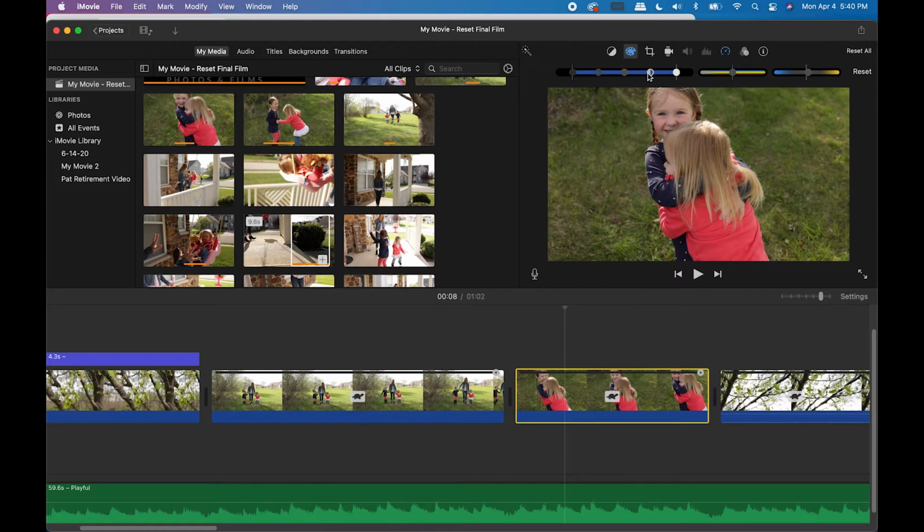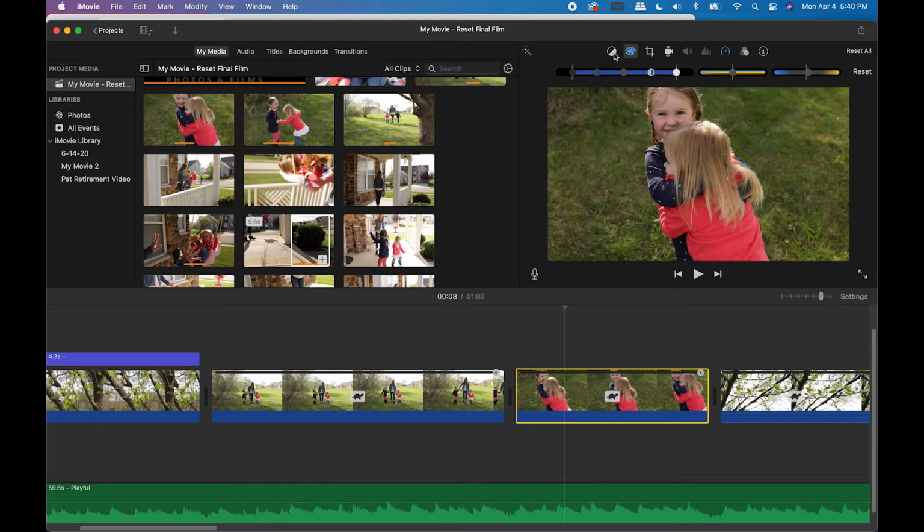The sliders over here are going to help you adjust things like shadows and highlights, your contrast and your exposure. So I would definitely play around with these and really get it to fit the look that you want. Another tip here is that if you're just way too intimidated by the sliders and you just feel like you can't get it to look the way you want it to, you can go up here to this little magic